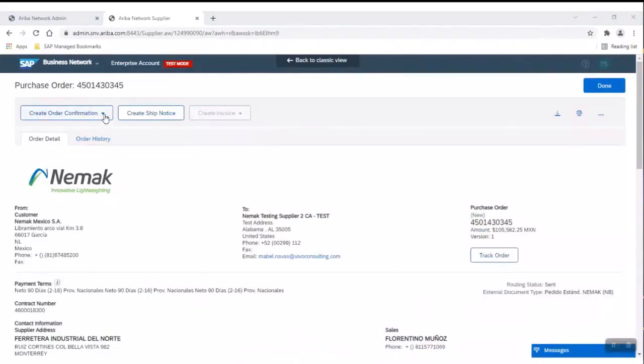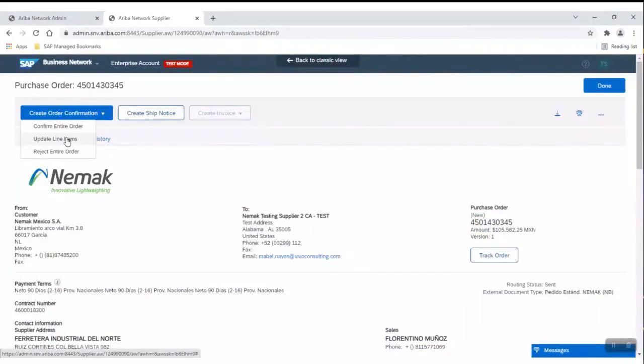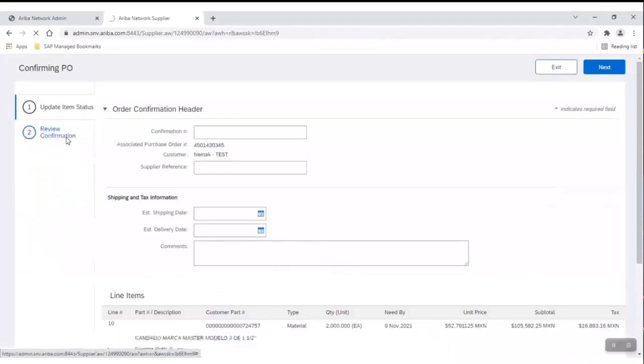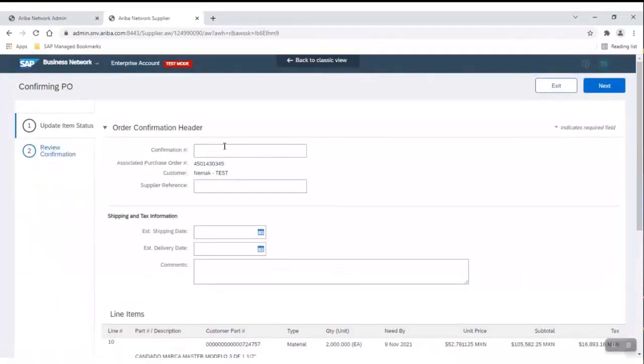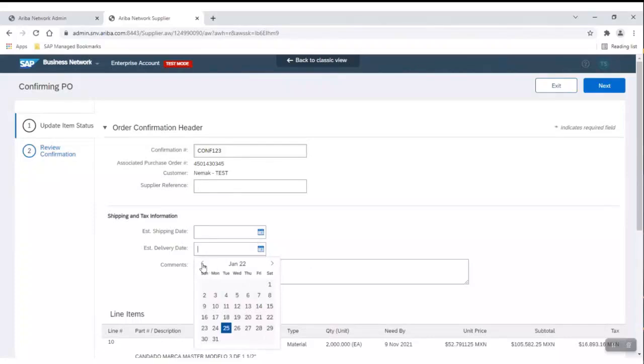The last step of this order confirmation process is to update line items. Here, we will be able to confirm, reject, or backorder each of the line items included in the purchase order. Once you have done so, fill out the confirmation number and any supplier reference, and pick the estimated delivery date as well. Also, please fill out any comments